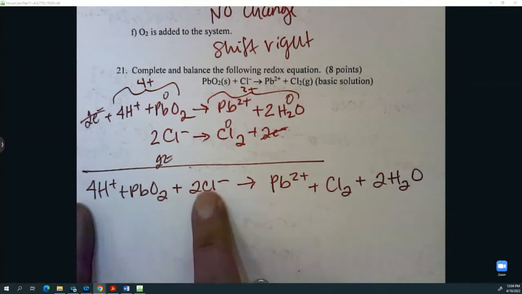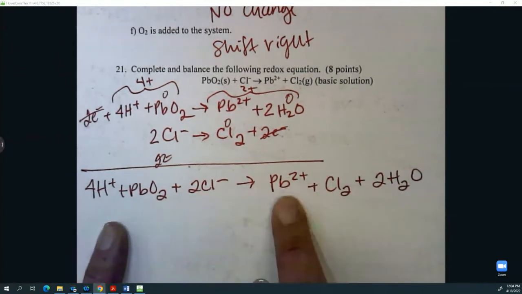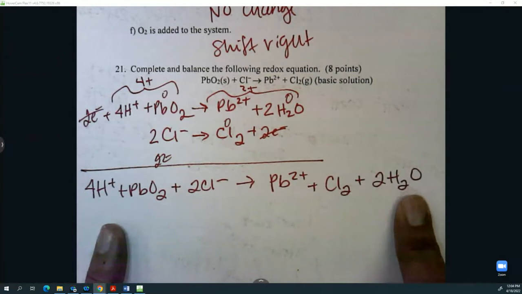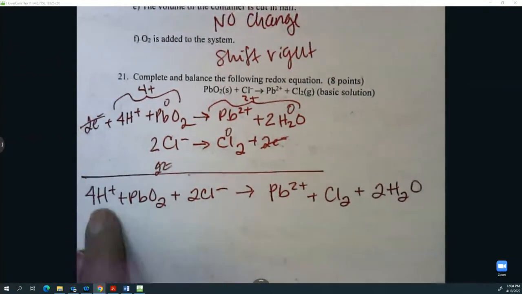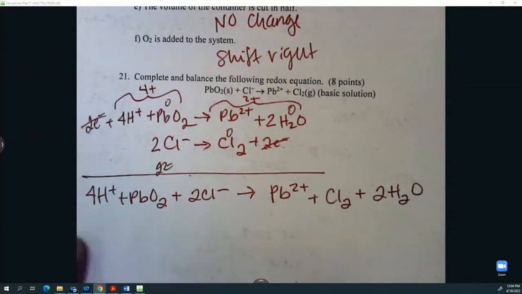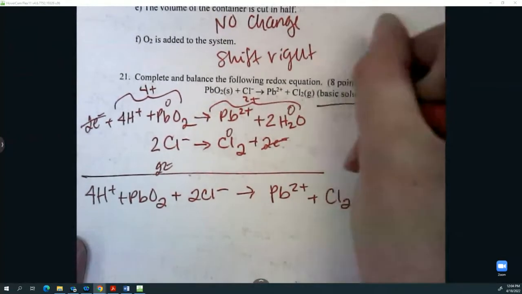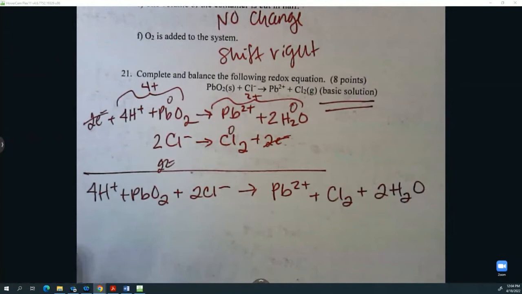And then total charge on the left, total charge on the right. So this is 4 plus, 0, and 2 minus. So that's a total of 2 plus. 2 plus, 0, and 0, so that's a total of 2 plus. So this is balanced. Because I have H+, this means it's acidic, right? If I have extra hydrogen floating around. Since they specifically told me it's basic, let me just